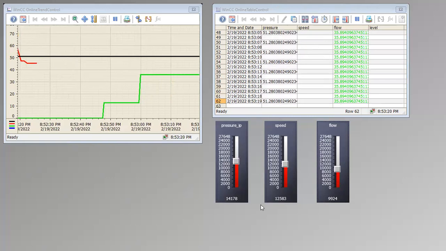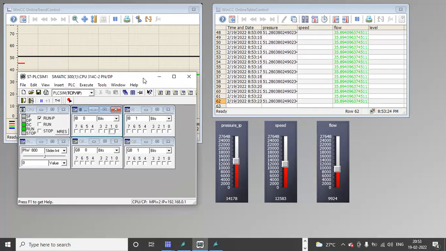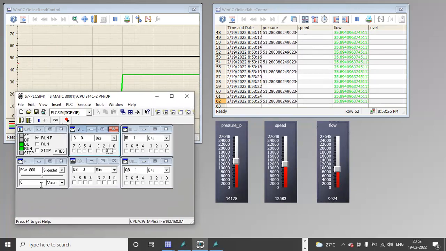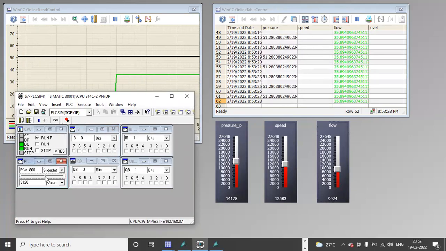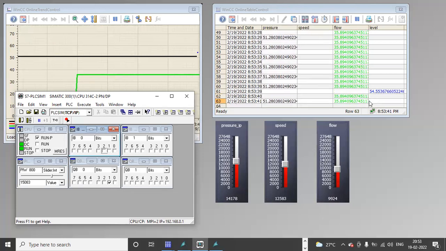Similarly for the level, for that what we have selected. See, for level present value is 0, so I make some changes here in PIW. Okay, we won't get any value in level until we start the second motor. When second motor is on, you can see it shows the value here.